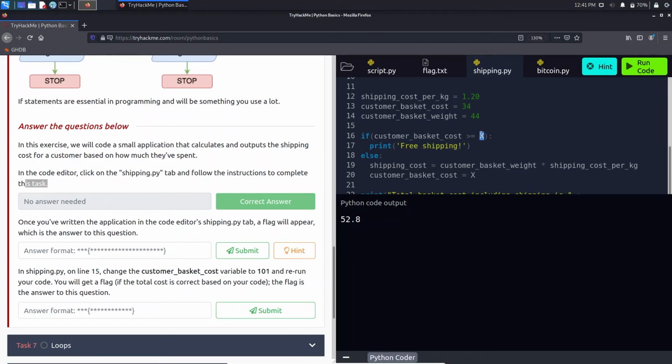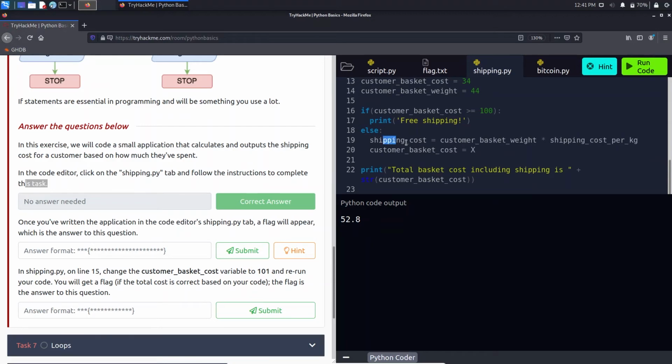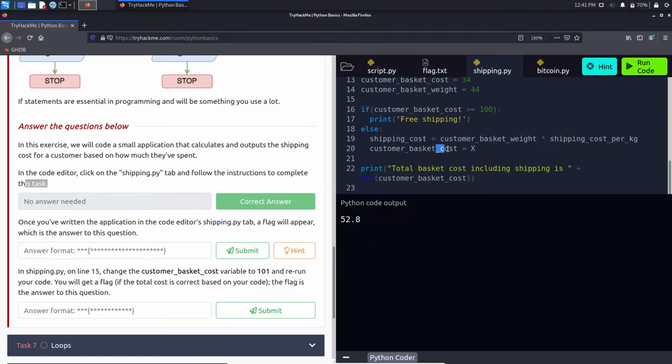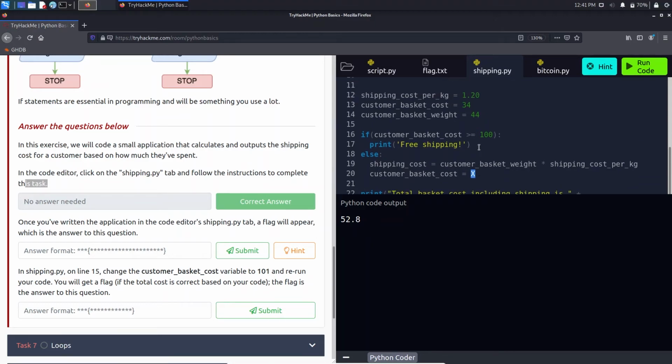So that will be 100 in our case, and else shipping cost equal to customer basket weight into shipping cost per kg, that is 1.20, and customer basket cost will be X, that is 100. Sorry, I'm not 100.